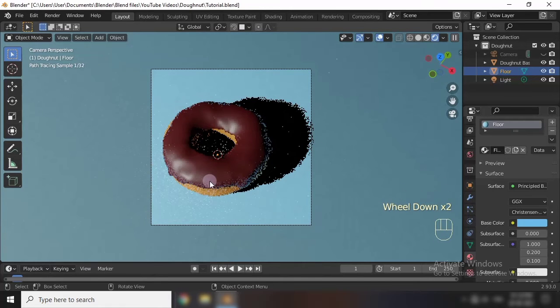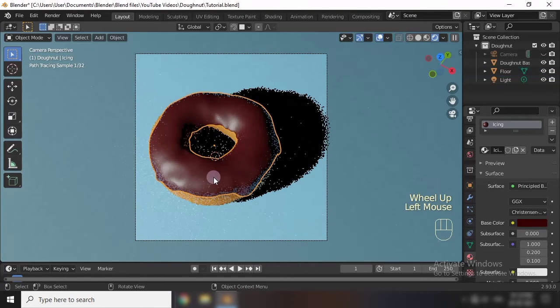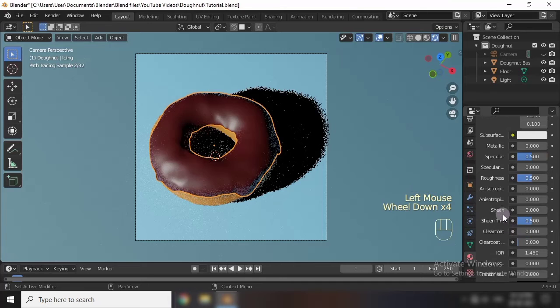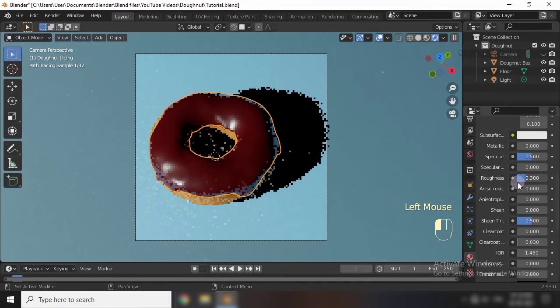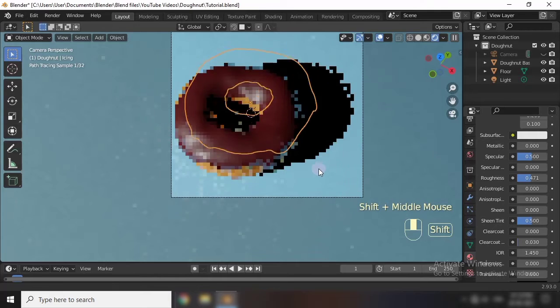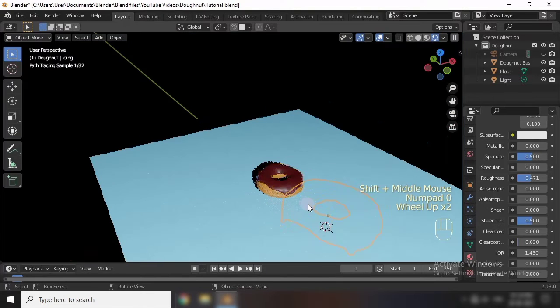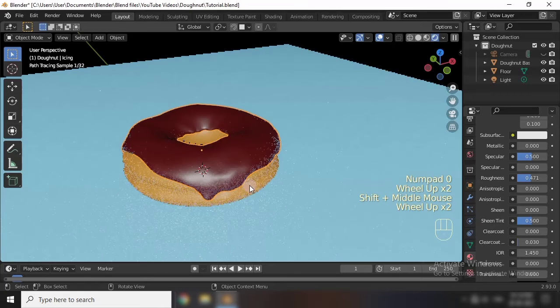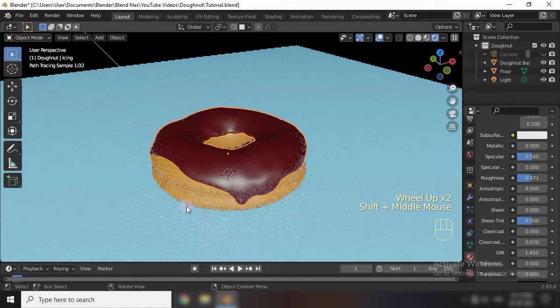So here I want my donut base to be more reflective, so I will decrease the roughness to make it look like it is hot and coming straight away from the bakery. Okay, and then this is a grainy view. Wait for the path tracing samples.